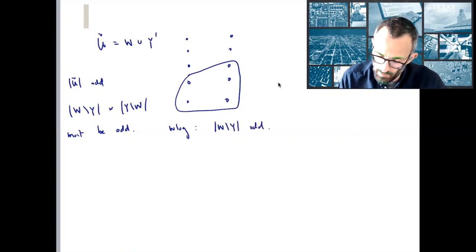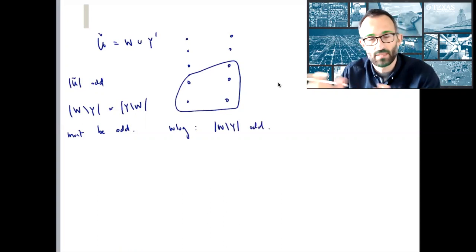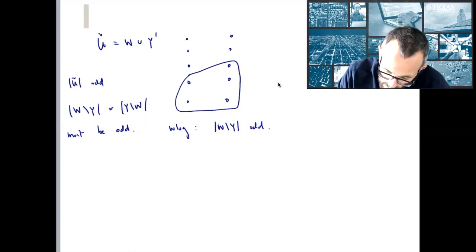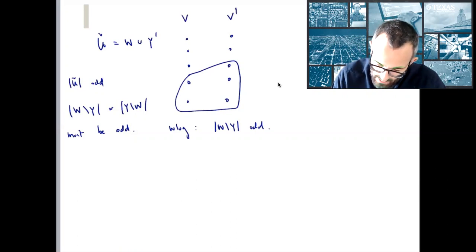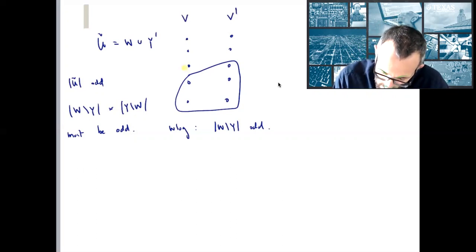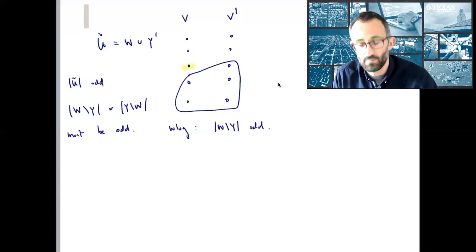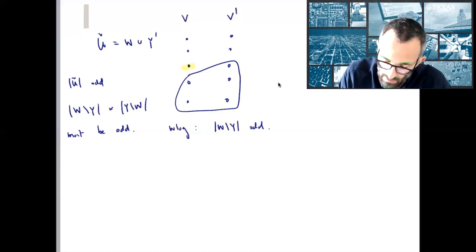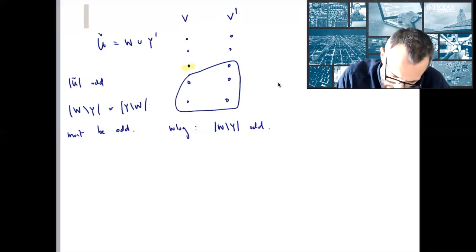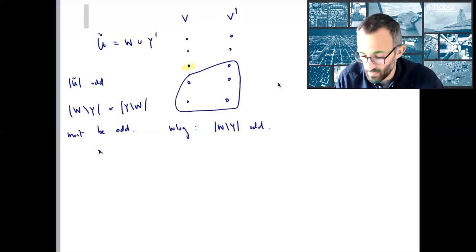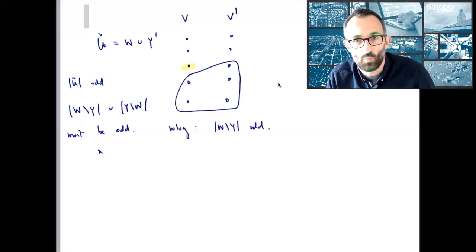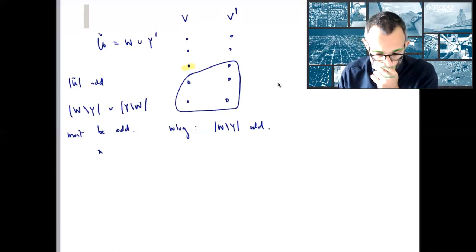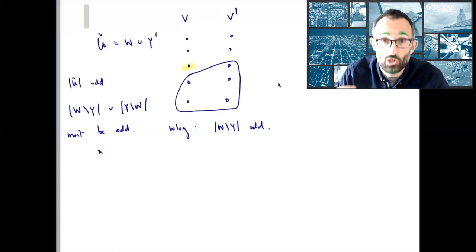Well, if now we found a set, so w minus y, note that, again, the non-dashes means that they're in V, and if they have dashes, they're in V dash. So now I'm talking about, basically in this example, w minus y would just be the yellow node. But in any case, this is an odd subset of just V,